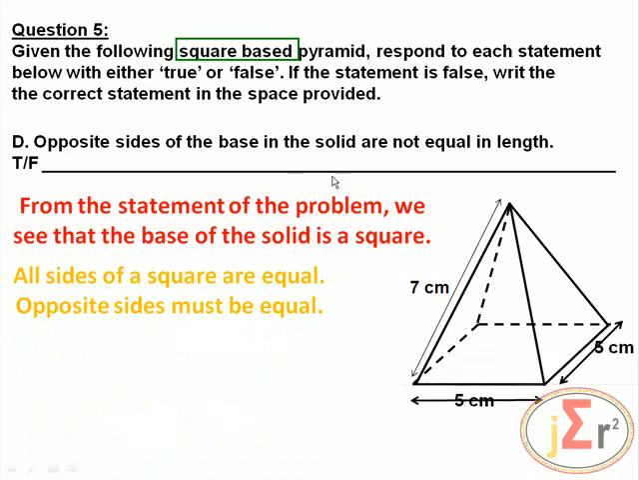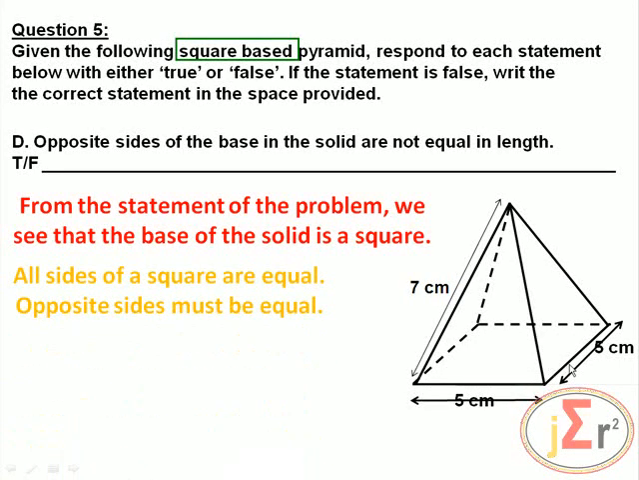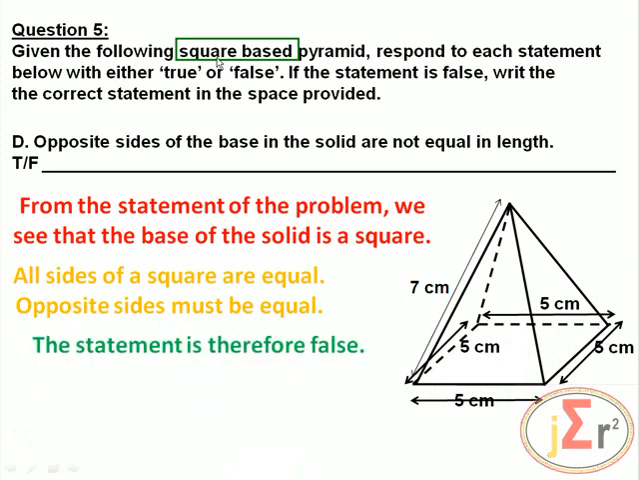So, we have this and its opposite. This one and its opposite. They are equal. This one and its opposite. They are equal. And as a matter of fact, they are all equal in length, since the base of the pyramid is a square. The statement is therefore false, and according to what we have here, if the statement is